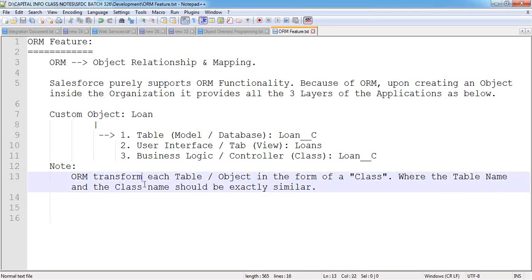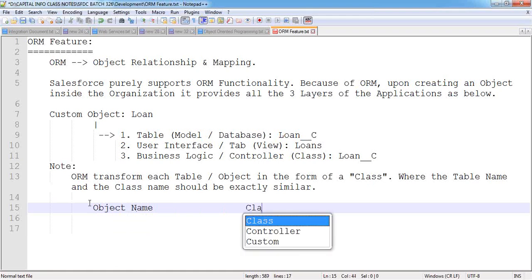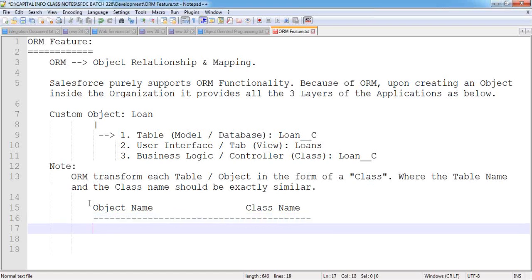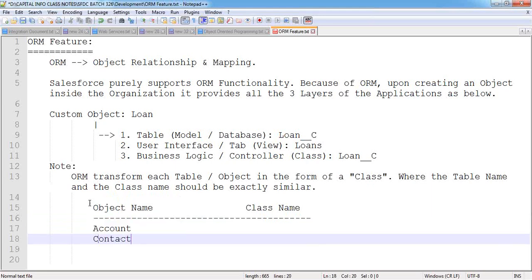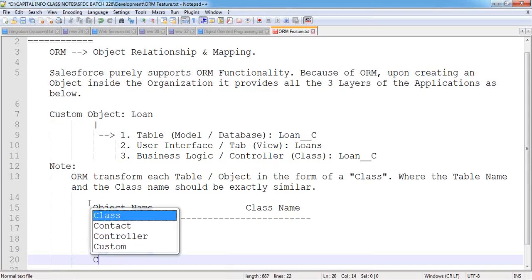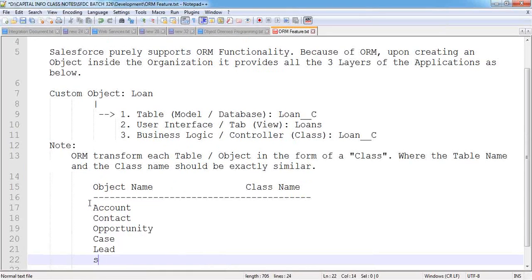ORM transforms each and every table or object in the form of a class, where the table name and the class name should be exactly similar. For example, object name and the class name. Now my object names are account, contact, opportunity, and the case, and the lead, and the solution,